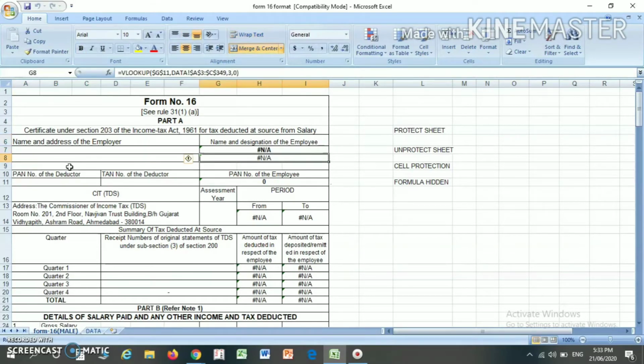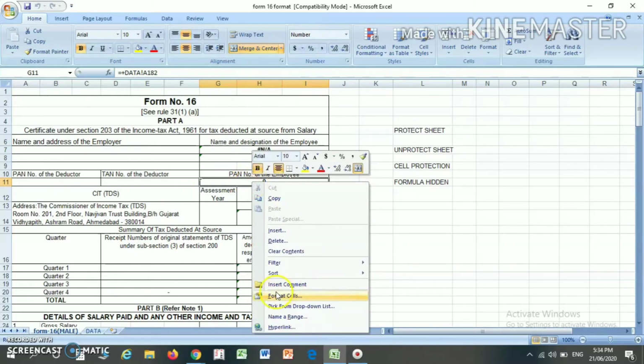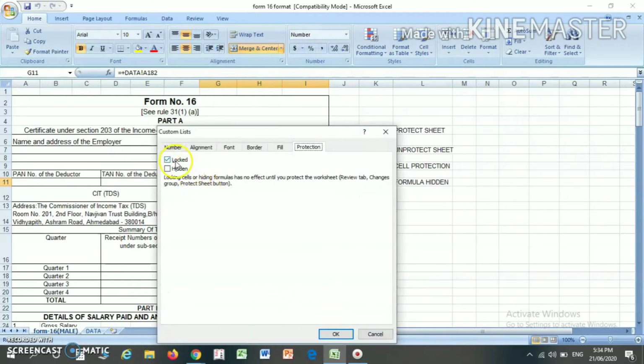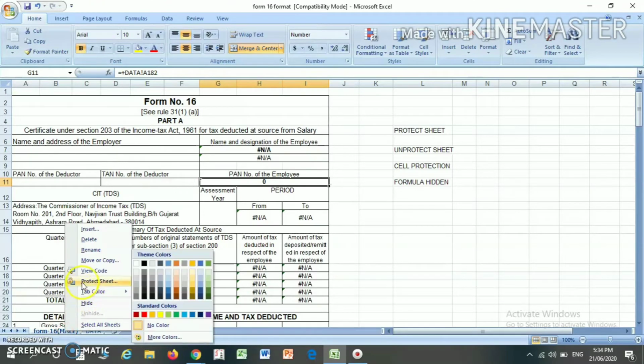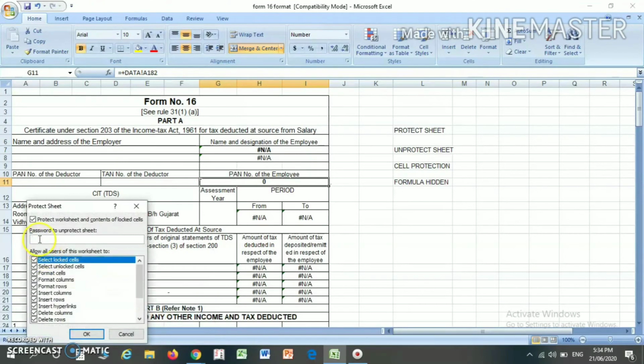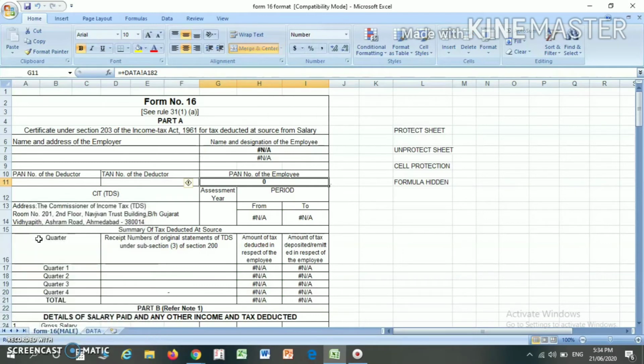Now suppose you want that only in this cell I can write and all other cells are protected. So I want only this cell to be writable and all other items in the sheet protected. Then I right click here and click on format cells. Here there is a lock, so I will unlock this and press OK. Now I again go to the sheet name, right click, go to protect sheet, write the password, and confirm the password.